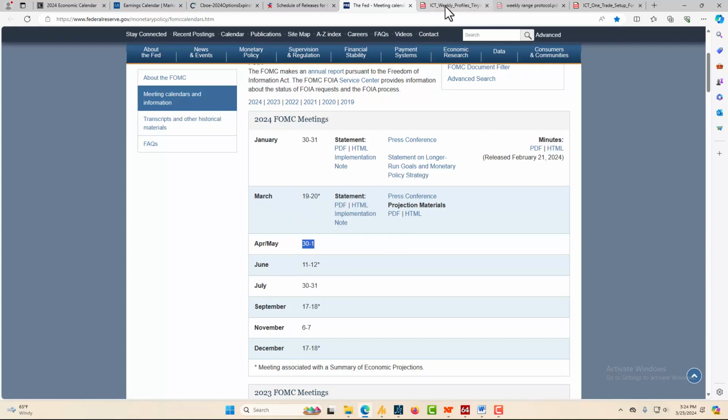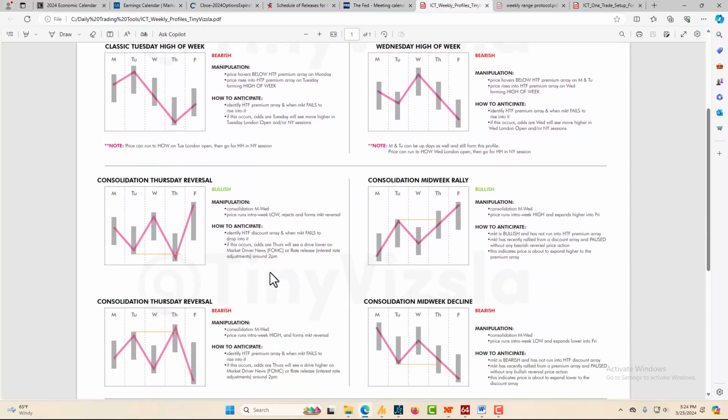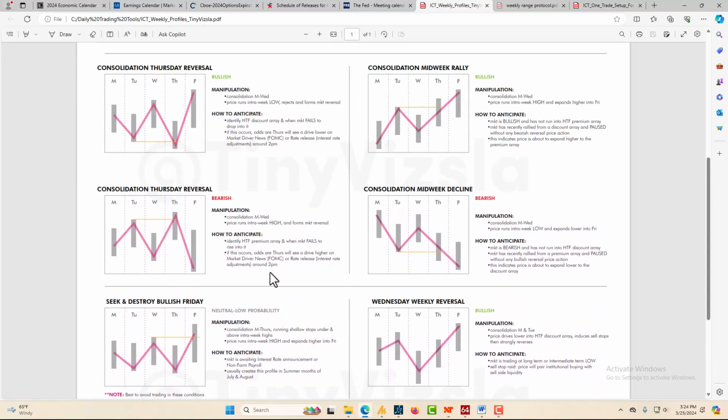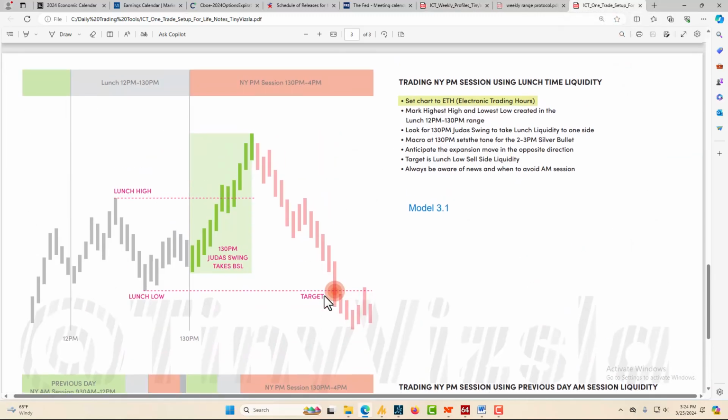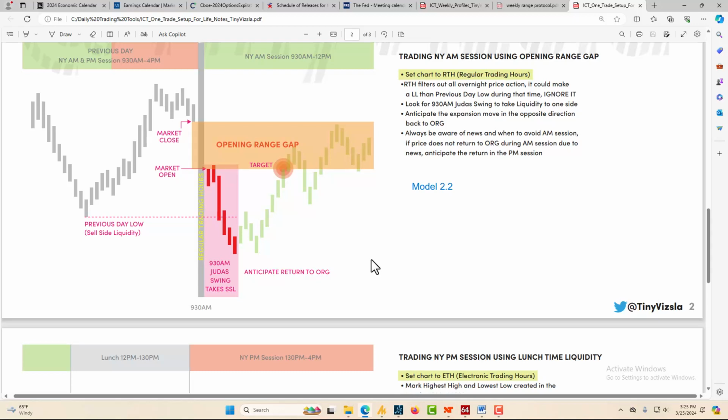Alright, let's look at the ICT profile to see if we see anything here today. It's just Monday, so it's very hard to see if it matches any model. We have to wait for more data, at least until Thursday. But today the action is kind of tricky. When it opened today, we saw a void opening range gap down, so we were thinking about applying this model, but at 9:30 we see